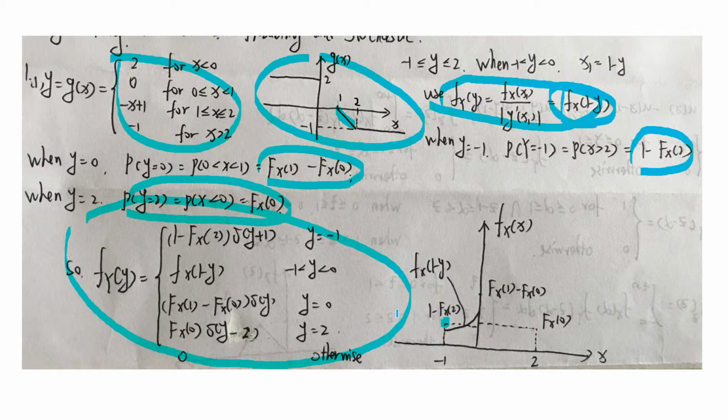We can just use the delta function, the diagram of the delta function here, to show this. And these 1, 2, 3 different points we discussed here should be the delta function